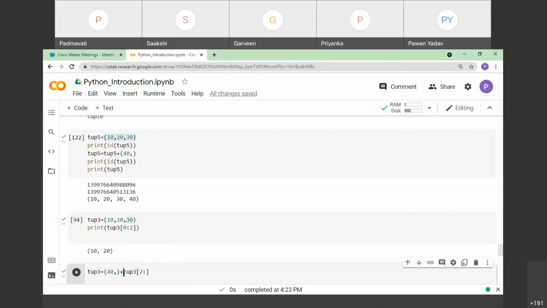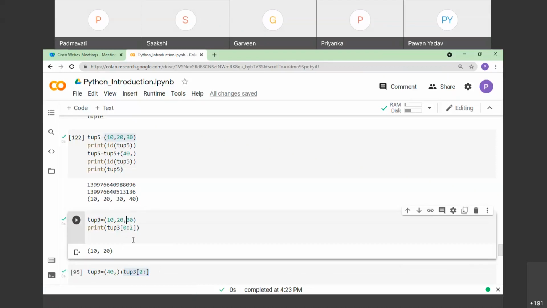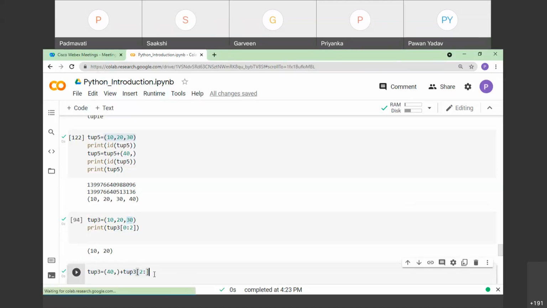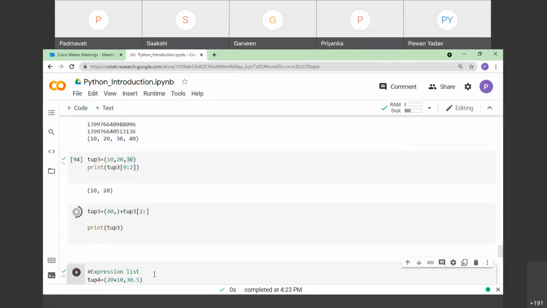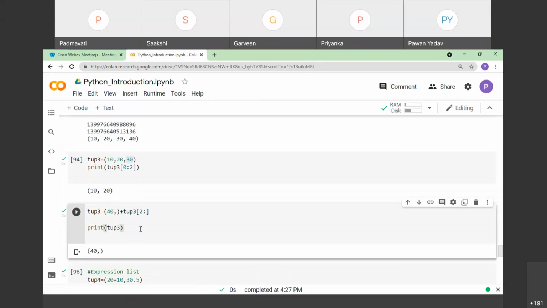The second tuple that I want to concatenate is all the elements from the second index of tuple 3, that is 30. Only one element exists at the second position and no other element exists. So it starts from that place and ends at that place only. So the output of this should be 40 and 30.